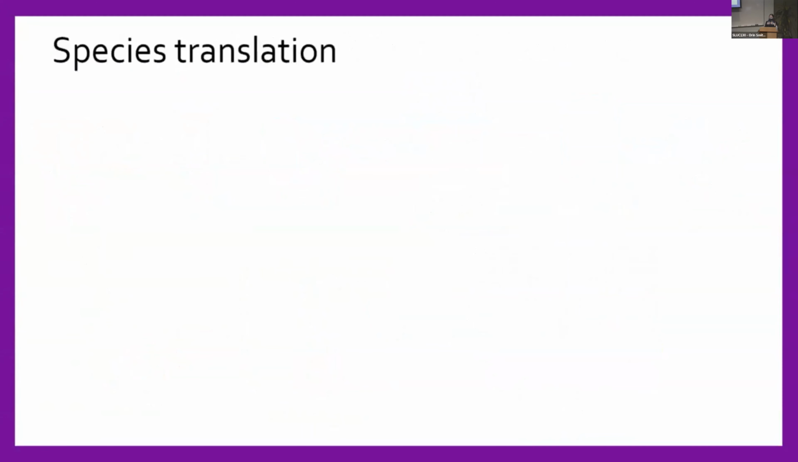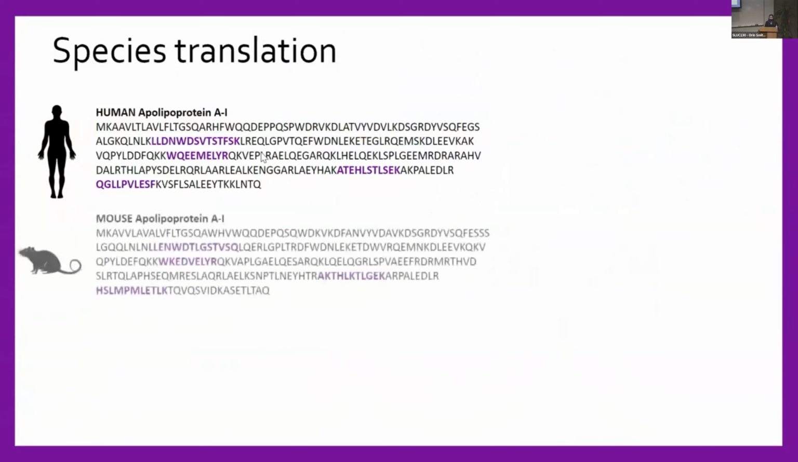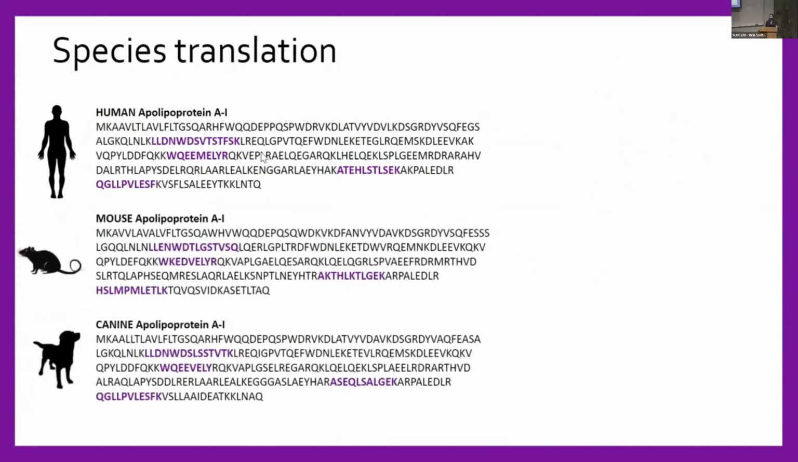All right, so I kind of showed you for people, that's how we would approach this. Back to my apolipoprotein A1 example, just showing you the sequence of this protein. You don't need to see the individual amino acids here. It's not super important, but I've highlighted a couple of peptides in purple here. And if I show you the sequence of the same protein in mice and dogs and highlight the same peptides,